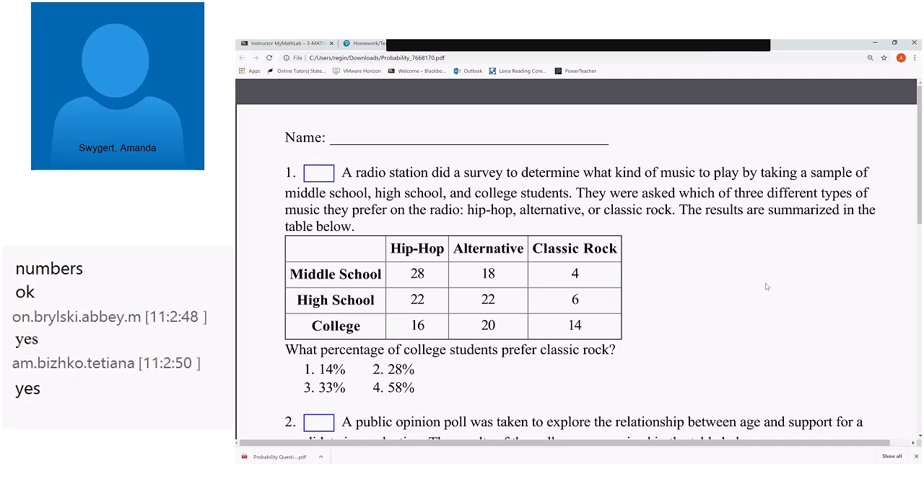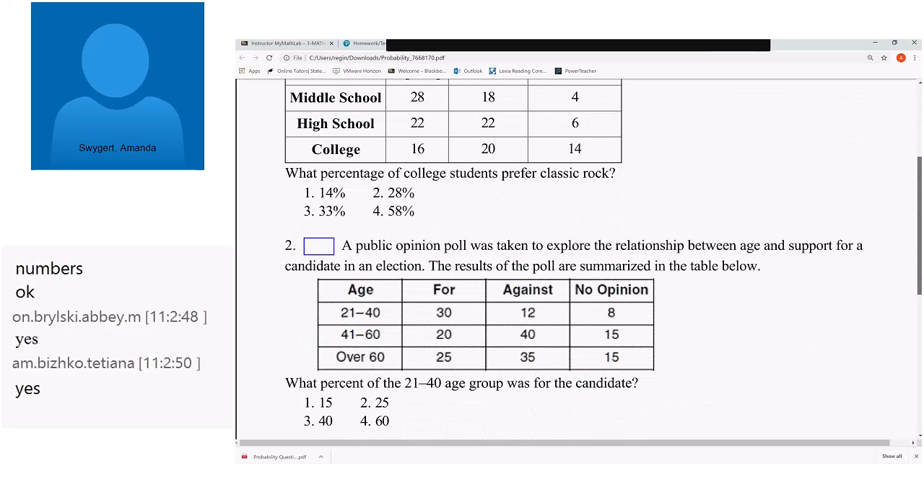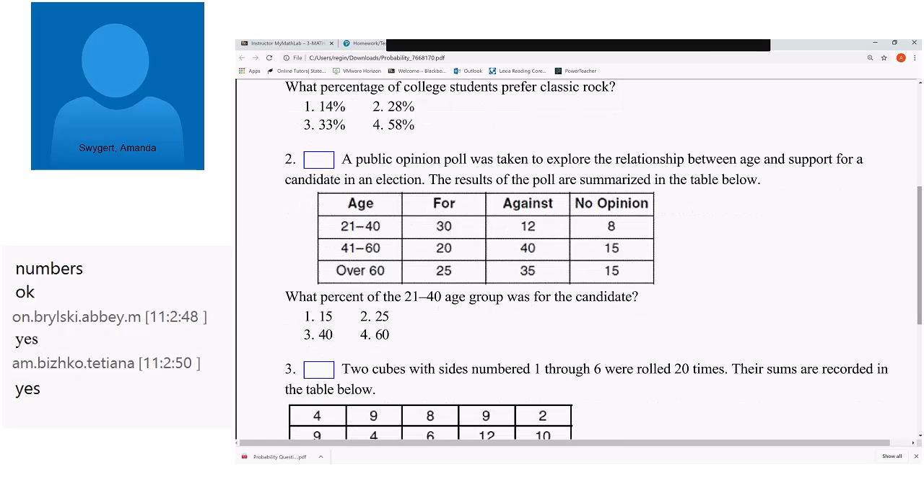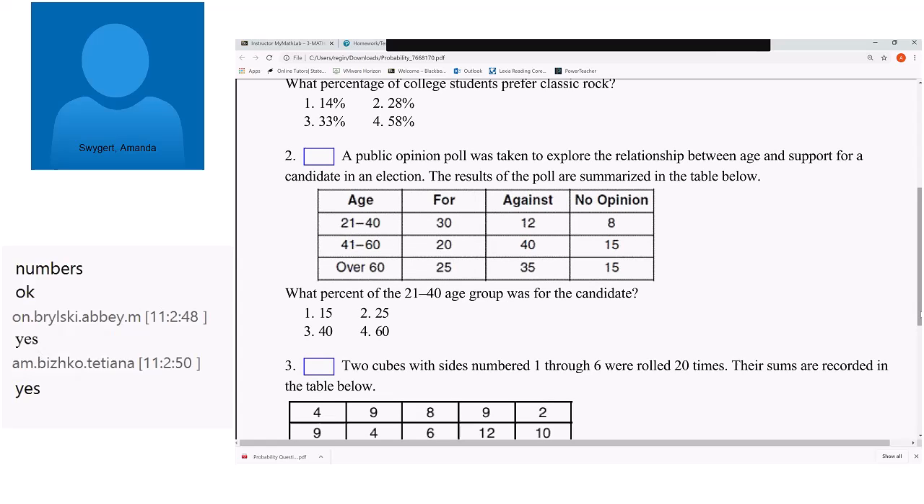Yeah. Okay, thank you. All right, so first question, this is an example of a table where they're collecting data. They perform some sort of survey and ask questions. Number 2 is a poll. So this is a public opinion poll. They're broken down into categories, showing you for, against, and no opinion. Again, this is a type of survey or poll where they're just collecting the data, showing it in